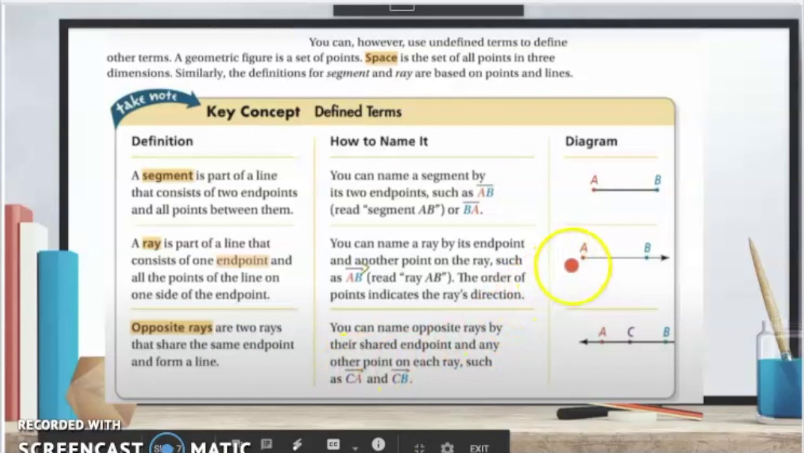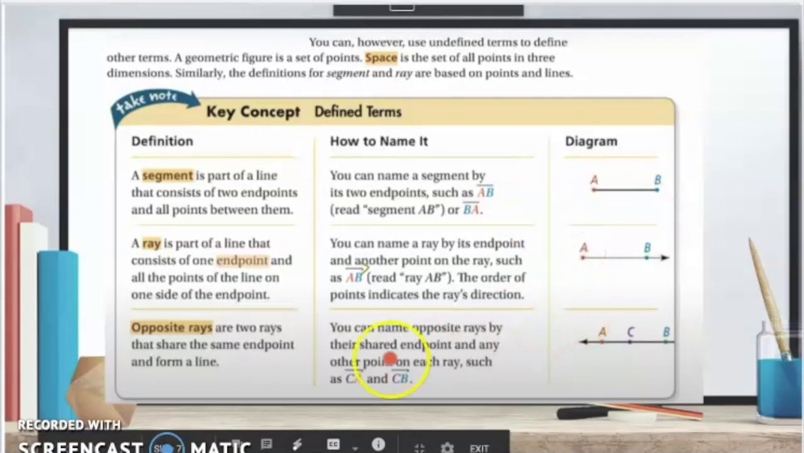Now you will notice that we always call the ray starting with the endpoint. Like this one, we cannot say ray BA. The correct way is AB. Unlike the segment over here, where we can say AB or BA, it doesn't matter. Here it matters. You must name it